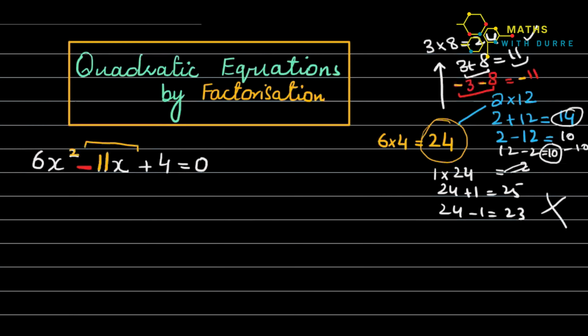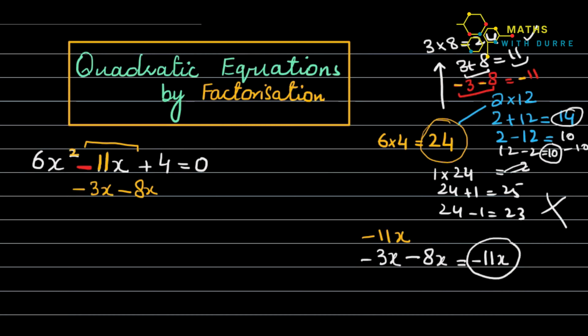I can write minus 3x minus 8x, because I need to get minus 11x back. So definitely I have to put minus 3x with it. x is a part of the middle term. Minus 8x with it. Then I will get the answer minus 11x, and this is how I can say I have broken the middle term in these two factors. And the rest I will copy down as it is, because there is no other change.